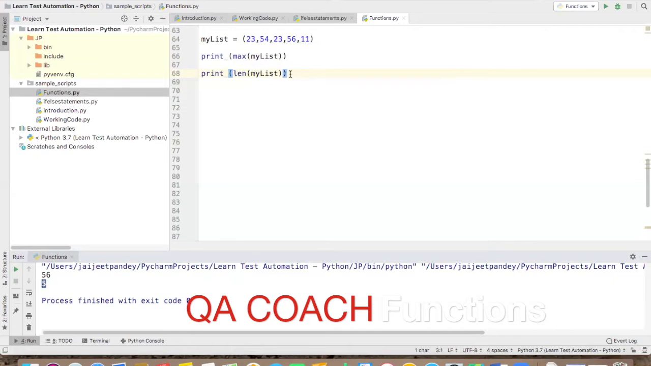So how can we write our own function? To write our own function, let me comment these two lines. Hash, hash. If you need to write your own function, here we go. The keyword to define a function is def. After def, you need to give a function name. Let me give a function name as